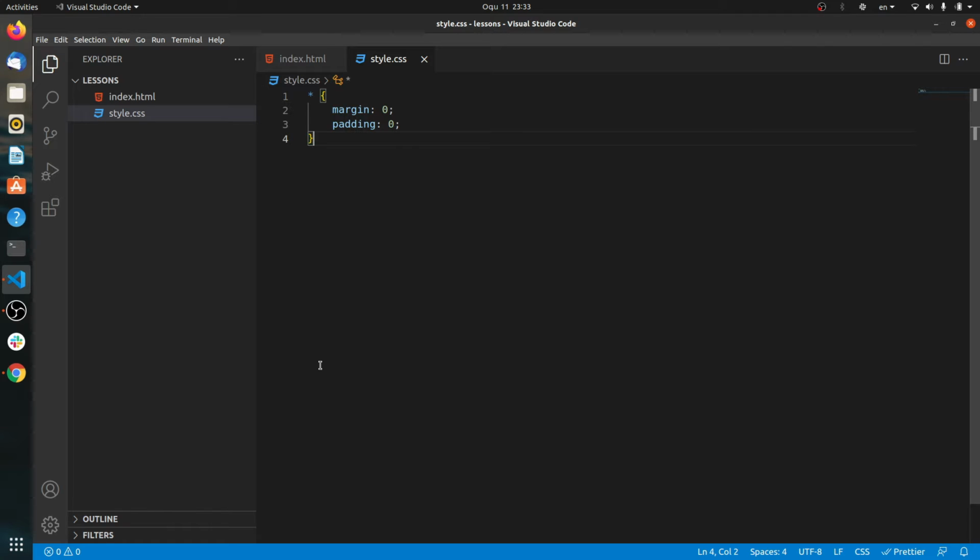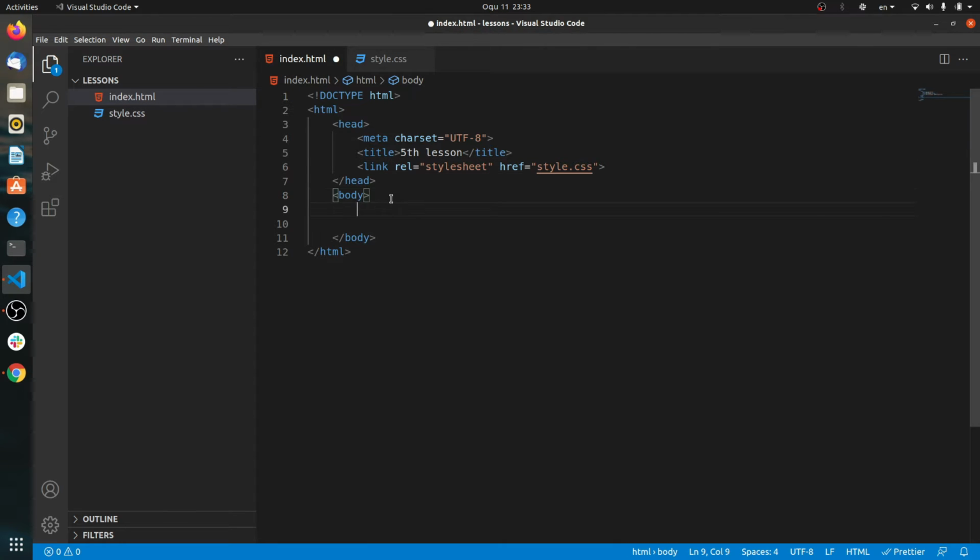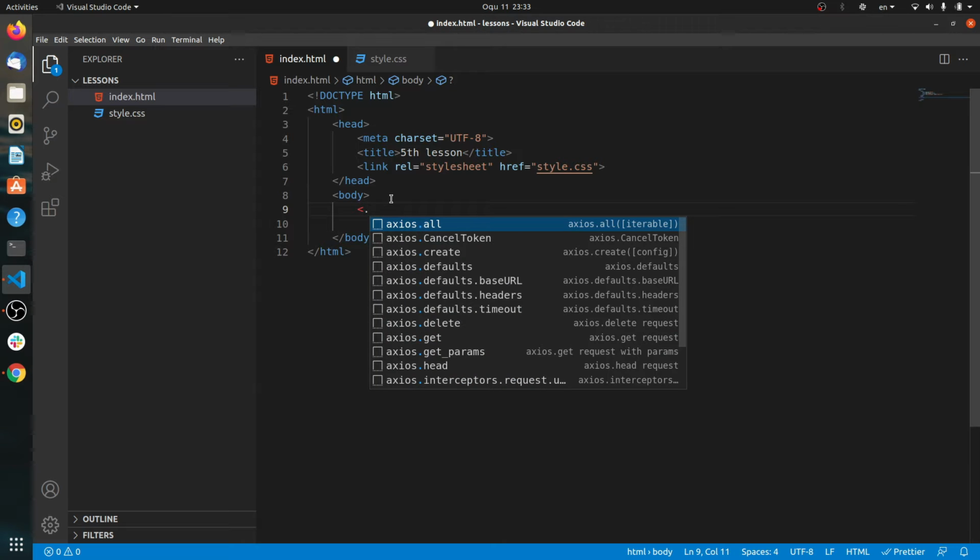Inline block displays an element as an inline-level block container. The element itself is formatted as an inline element, but you can apply height and width values. And the fourth one is none. The element is completely removed. So let's go ahead and check these 4 properties. So the first one will be, let's create a div